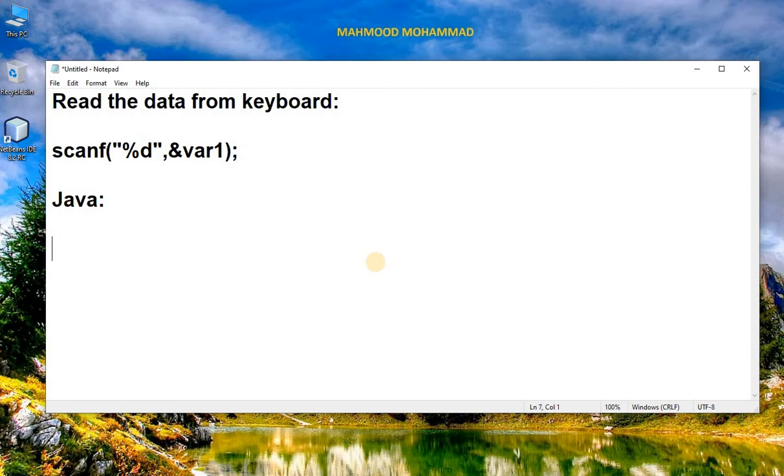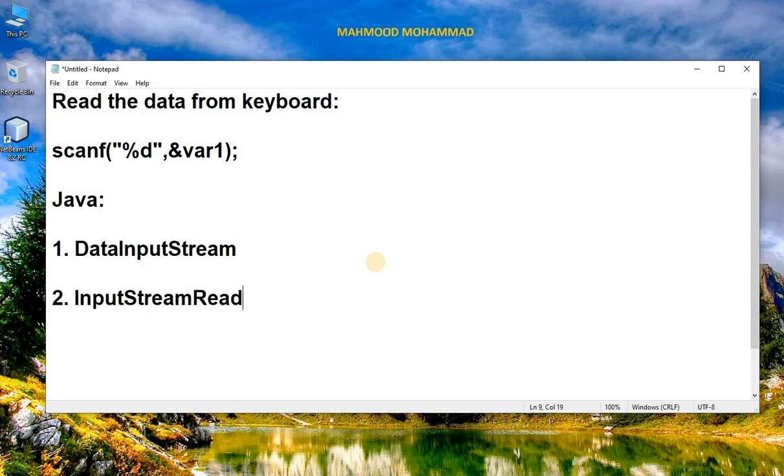So in Java we have three different approaches to load the data from keyboard. The first class we have is the DataInputStream class. The next class is the InputStreamReader class, for which we need the support of BufferedReader, as InputStreamReader will enable you to read the data, but it will not provide you the memory.